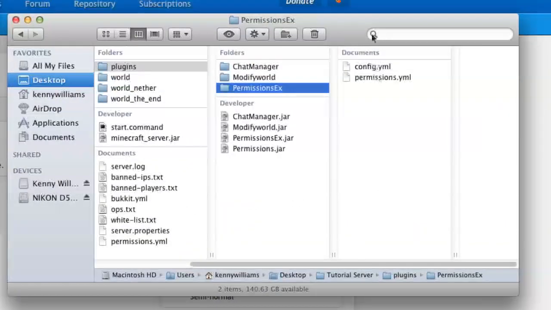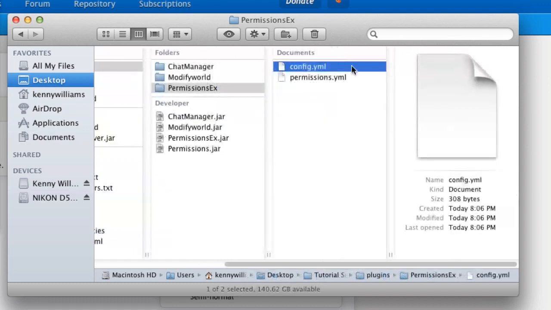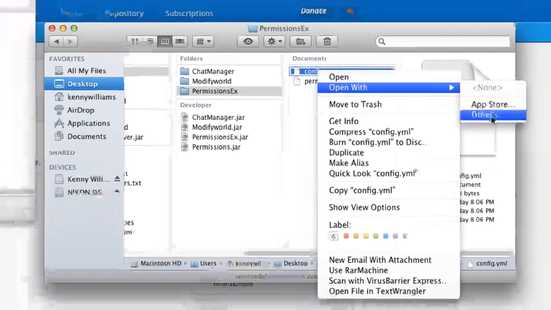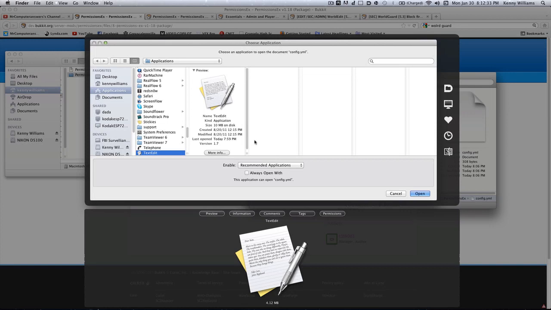Now, these are usually able to be natively opened with your text editor, which on Windows I believe is Notepad or Notepad++, whichever one you have. On a Mac, they won't open natively. Well, natively, I guess they will open, but you just have to tell the Mac operating system what you want to open them with. So, we'll start with the config.yml. Right-click, open with, and other. On a PC, I believe that they will just automatically open on Notepad,